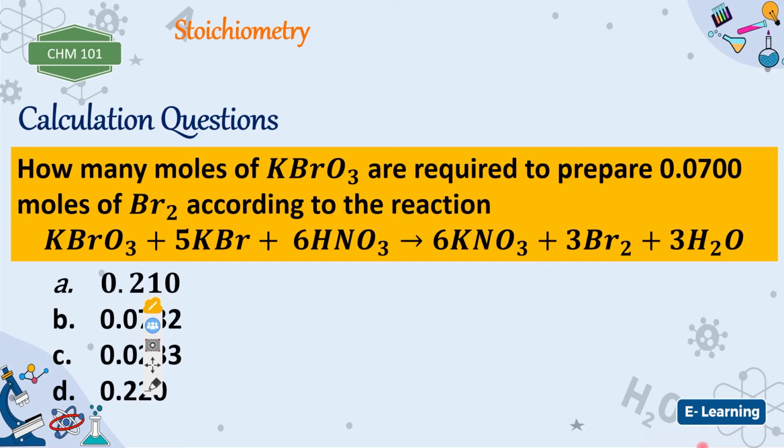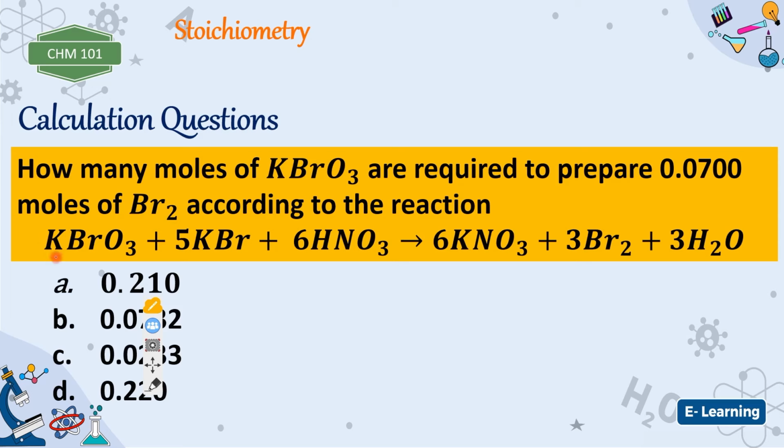All right, so we have to solve the following questions, some calculation questions in the chemistry outline. This is stoichiometry. How many moles of potassium bromate are required to prepare 0.070 mole of bromine according to the reaction? Now, this is the reaction. Firstly, whenever you are given a question like this, ensure that the reaction